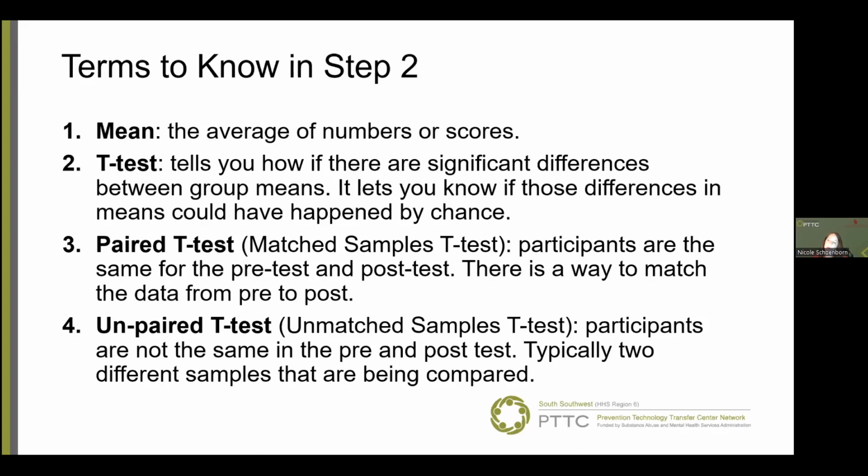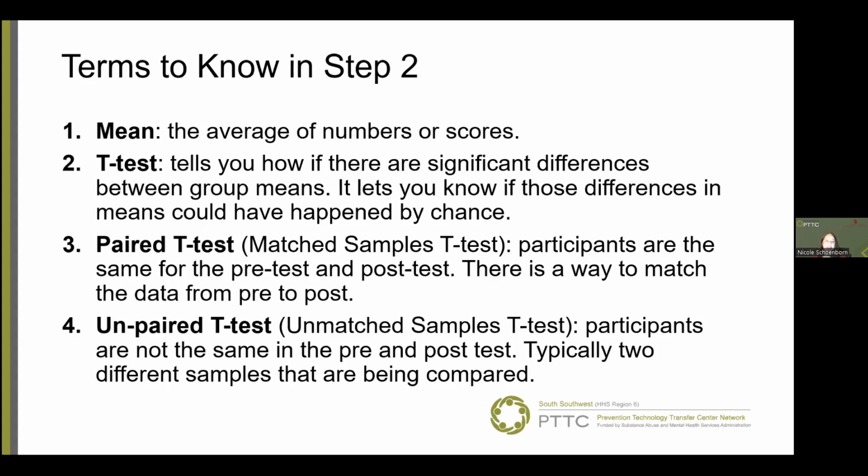So if we have group 1, we average those scores, we get the mean, and group 2 and so on. The t-test is a statistic that we are going to demonstrate today. That doesn't mean it's the only one that you can use. It's just the one that is probably used the most when comparing pre and post tests, especially when you just have 2 groups. If you have more than 2 groups, you'll have to do something different. So sorry about that. But today we're going to focus on the ones that work for the 2 groups,